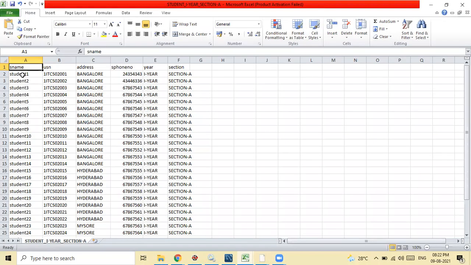In this file, I have just given student name. I have just named the students as student 1, student 2, student 3, like the 30 students I have in this file, along with their USN numbers, some random numbers, address, phone number, which year, which section. This is there in this file.